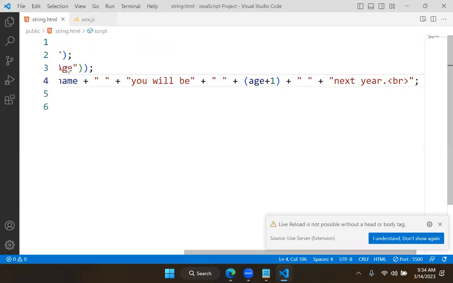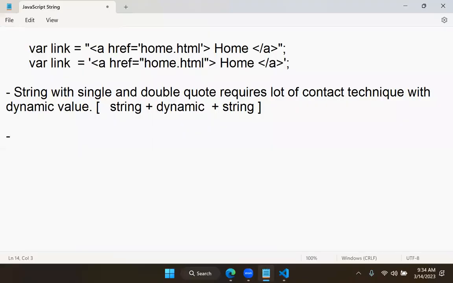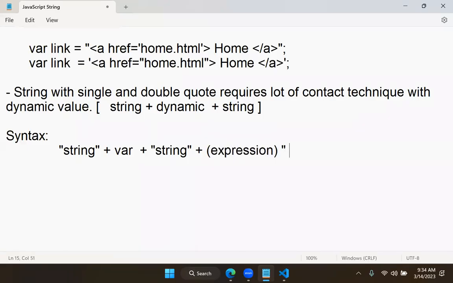Now what happened is, this is how generally we have to do. Here I will give the syntax. Syntax is like just you have a string and we have plus var. So we have plus again string, again plus we have some var, or say some expression. So again we have some plus string. Like this, you need a lot of concatenation. Now to overcome this problem, what happened is